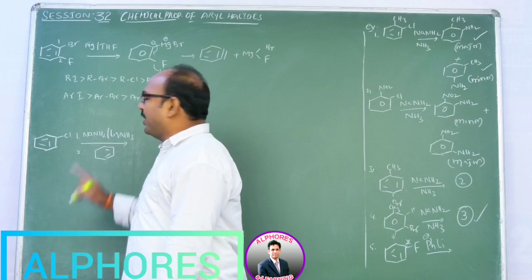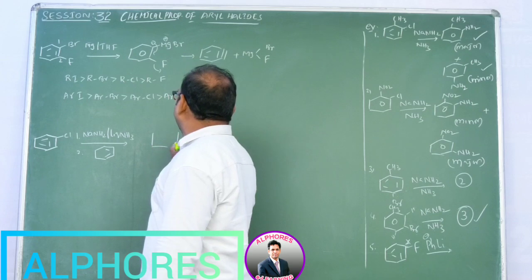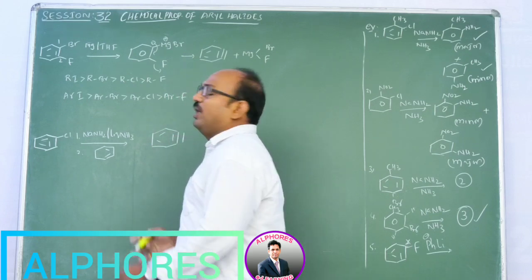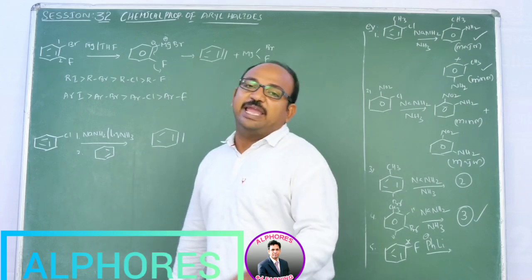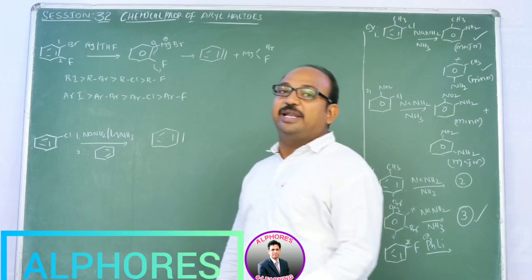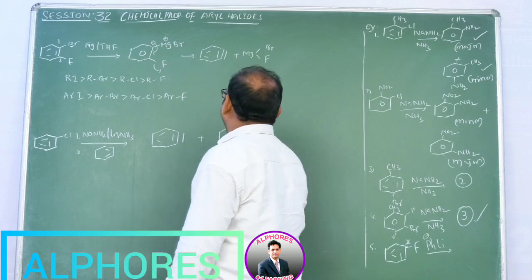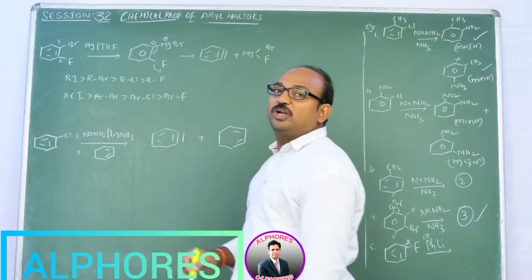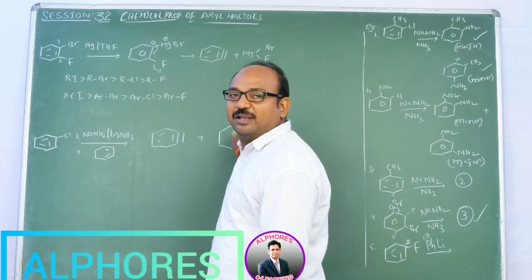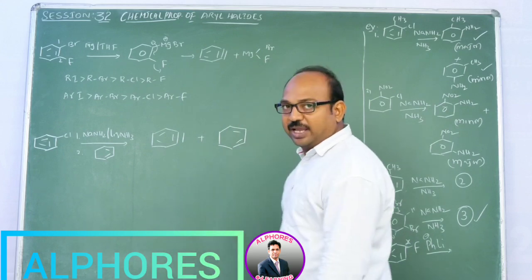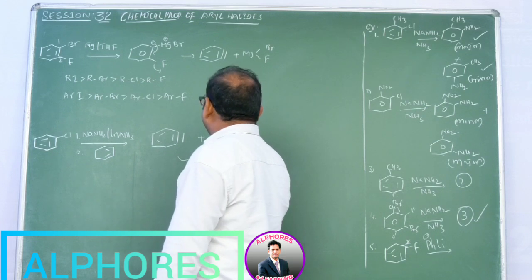And chlorobenzene upon treatment with sodamide in liquid ammonia. Yes, in the first step we are going to get benzyne, no doubt about that. But in the second step, the formed one has to react with cyclohexa-1,3-diene. Then this is nothing but a Diels-Alder reaction. One is the diene, another one is the dienophile. Benzyne behaves as the dienophile, and this combines with the diene, and we get the product here.